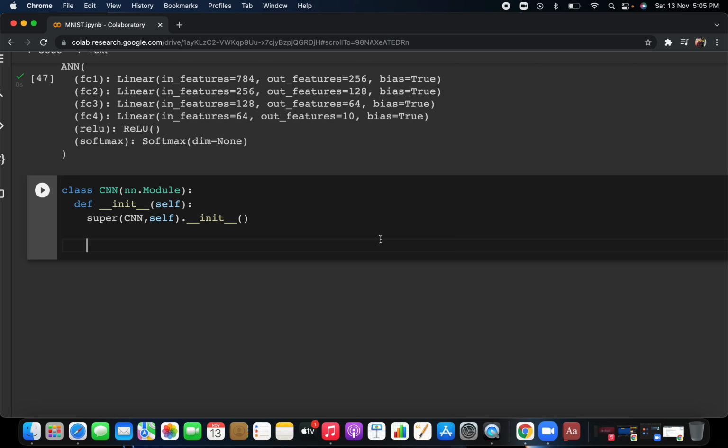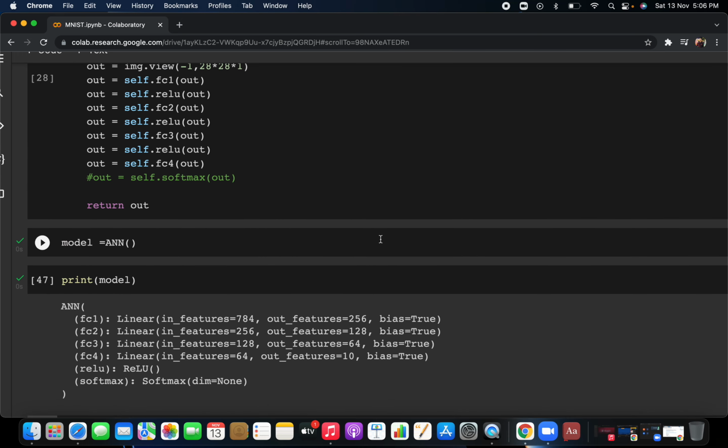I've already told you why we are using CNN, and that's why you are reducing the number of parameters as compared to the ANN. In an ANN, if you go for the input layer, suppose you have the pixel size, as we have already seen, 784. This will be the number of neurons present in the input layer, where we are dealing with a small dimension, 28 cross 28. But in the real world, you may use 250 cross 250 cross 3, which is the dimension of the image.